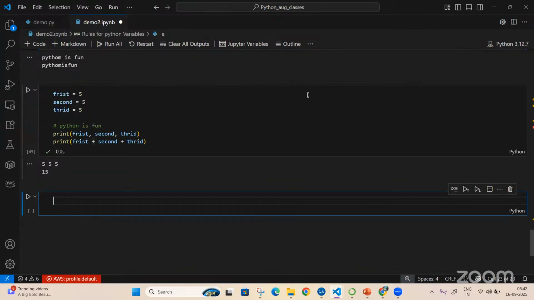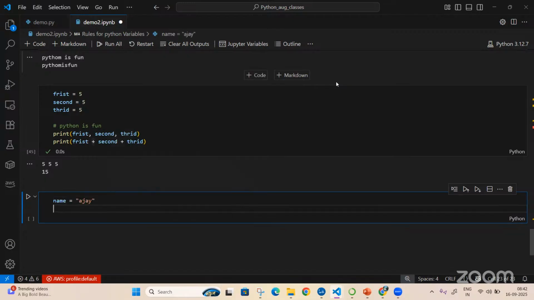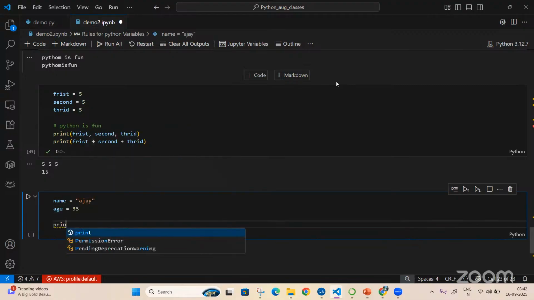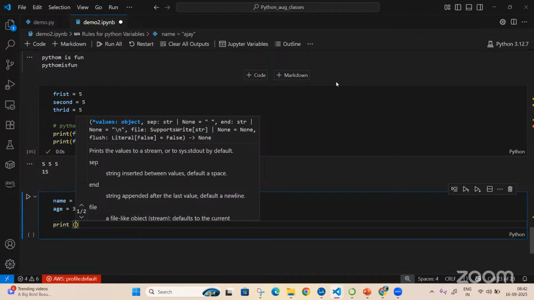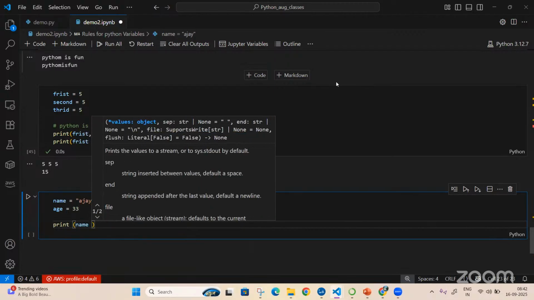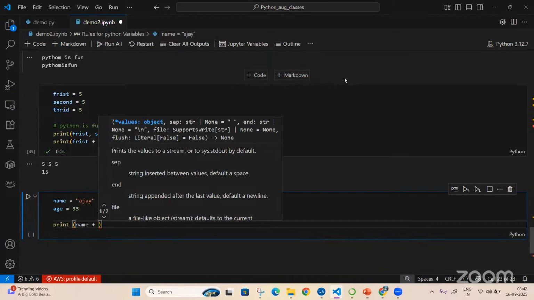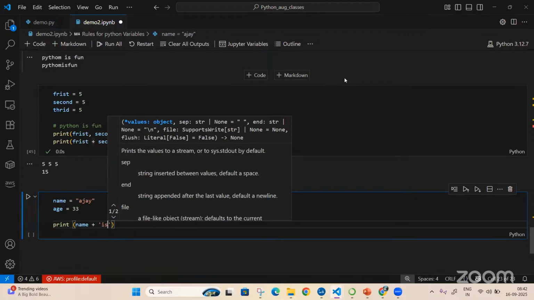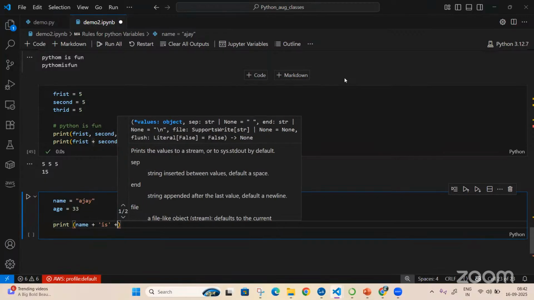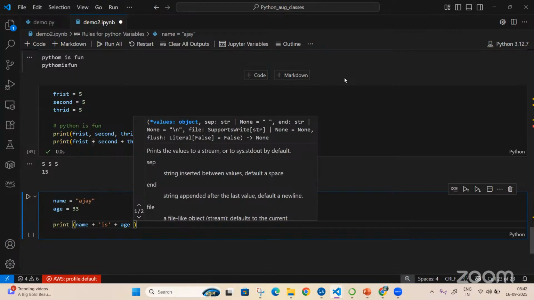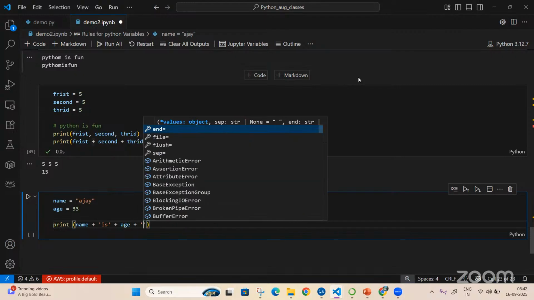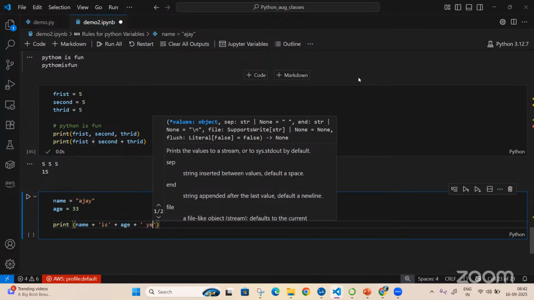Now I have one more question. I have name equal to Ajay, age equal to 33. Now I'll write something: print name plus " is " plus age plus " years old".